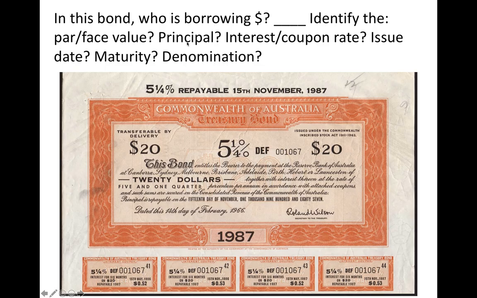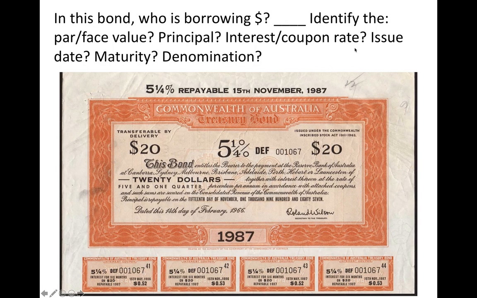In this bond, who is borrowing money? I'll give you a second to check out this bond certificate, and you can see right here. Here, the borrower is the Commonwealth of Australia. In other words, the government of Australia is borrowing money. What is the par or face value? What's the principal? What's the amount that they're borrowing? If you look here, you'll see it's $20. What is the interest or coupon rate? If you look right here, you'll see it's